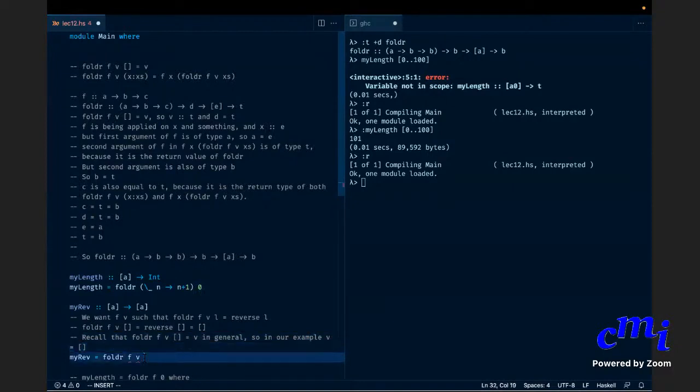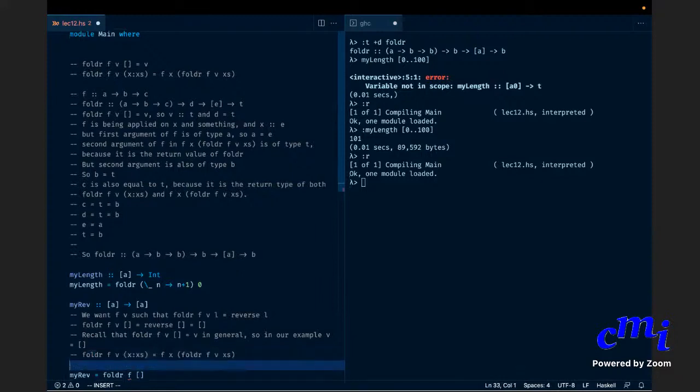Okay, great. So we can fix one part at least. Let us see if we can figure out the f as well. So foldr f v of x:(xs). On the one hand, just following the definition of foldr, what is it? f applied to x and foldr f v xs.